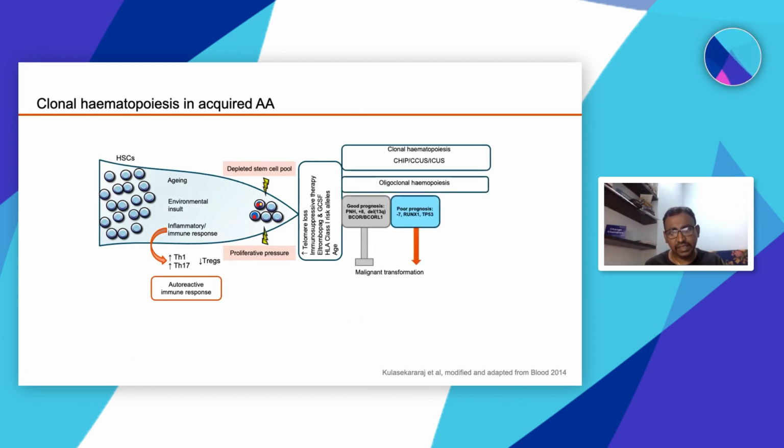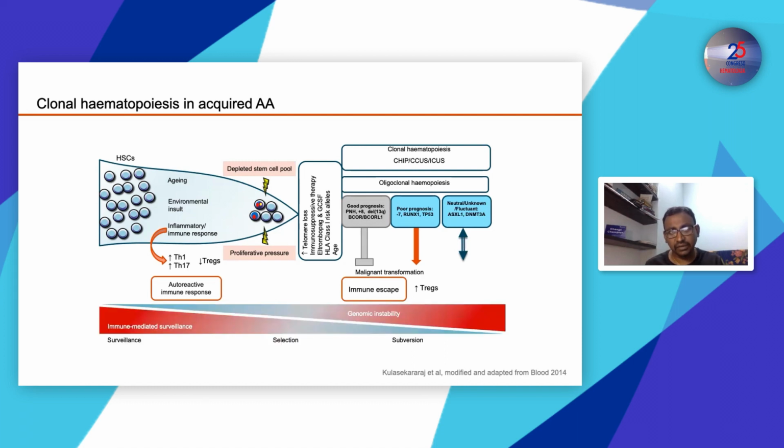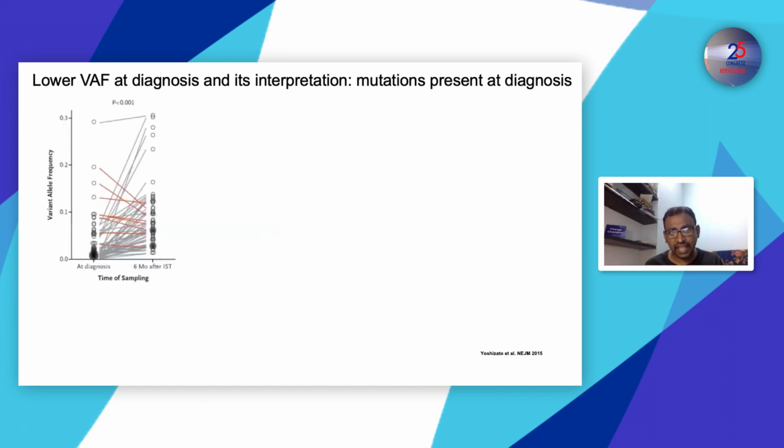So this is how I look at it, the hemopoietic stem cells and depletion in aplastic anemia as either inducing mutations or genomic abnormalities which could be good prognosis, poor prognosis, or neutral or fluctuant prognosis, leading on to different clinical spectrum. And this is also important because in countries, obviously, now genetic profiling or gene panels are quite commonly used. And it's important to understand that at the time of diagnosis of aplastic anemia, and this is 6 months after